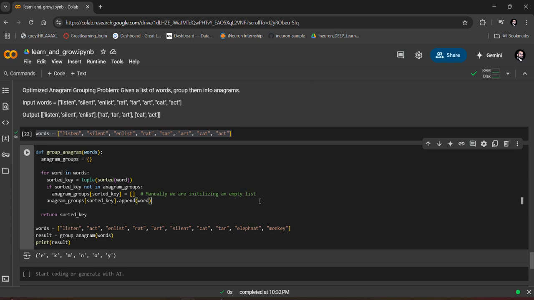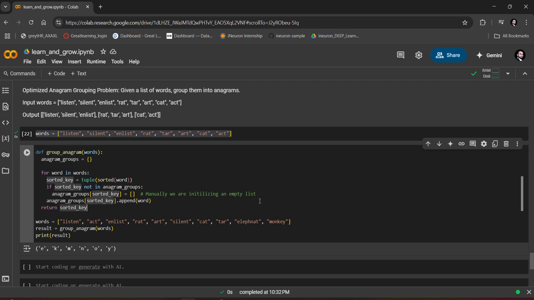Making sense? Now I need to return it as a list. So what I will do, I will write here list, return list, and then anagram groups